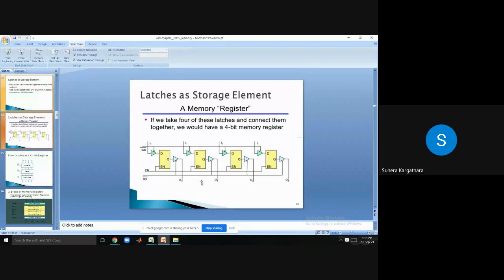Right, like stack pointer, program counter, those are 16-bit registers. So into that, like that, 16 D flip-flops are used. Right, so this you can say a basic memory element. Flip-flop can be a basic memory element. Any memory can be formed through this flip-flop only.